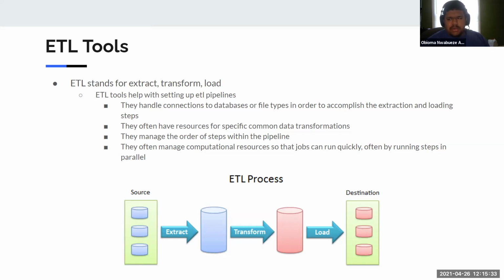beyond just writing down in order what happens in your code. They can accomplish a number of steps, running them in order when each one is completed. Sometimes they schedule the running of those pipelines, and they often manage your computational resources so that your jobs run quickly, often by running steps in parallel on the same computer or distributed out to a set of computers when